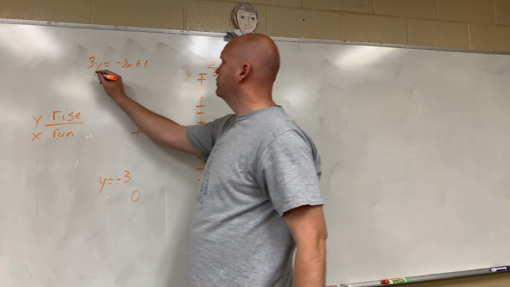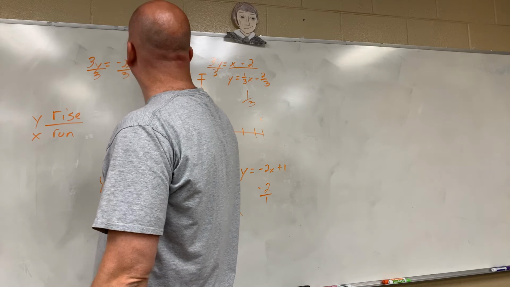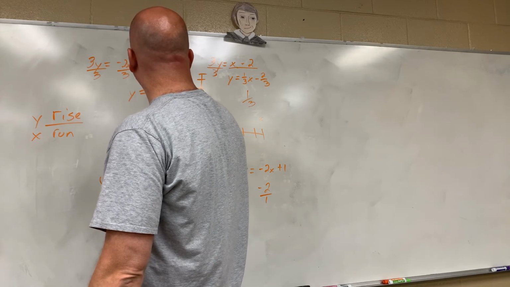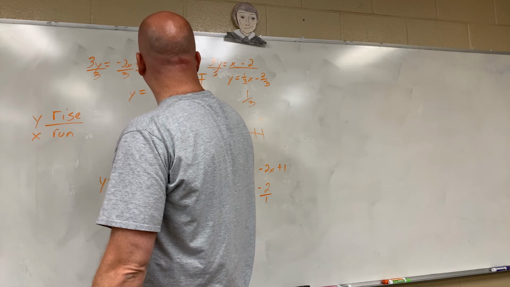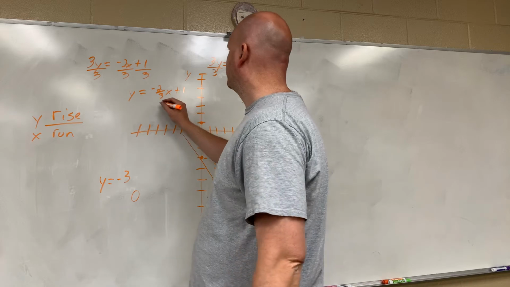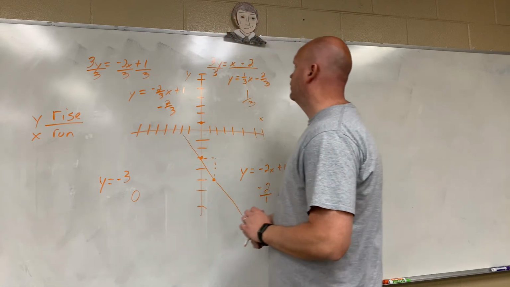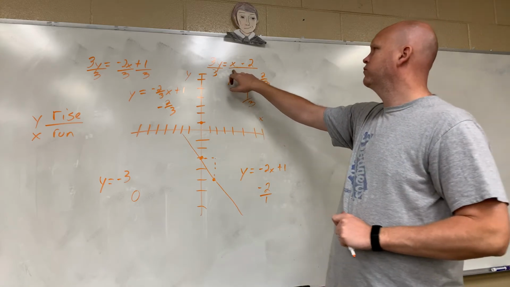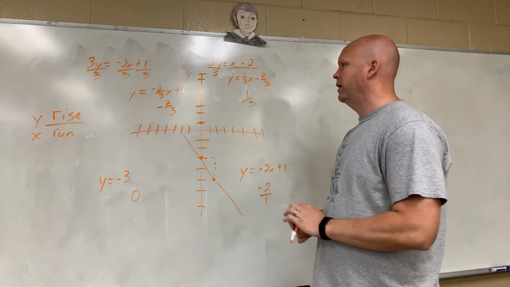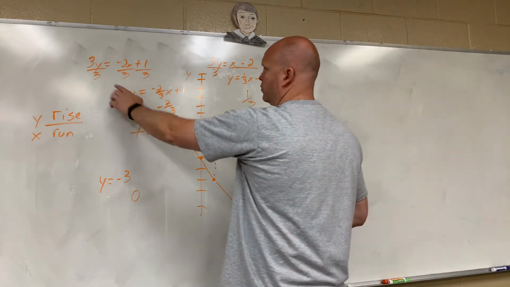For this one, same thing, we divide everything by 3. So y equals -2/3 x plus 1. So the slope is -2/3. Now, if you wanted to, you could replace x with a value of your choice and solve it and figure out what y equals and graph those and then count. But the easiest way to do it is to